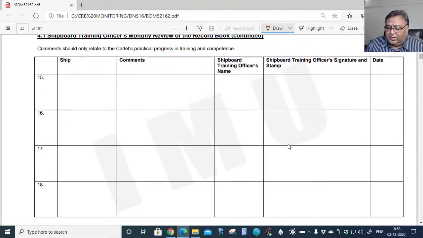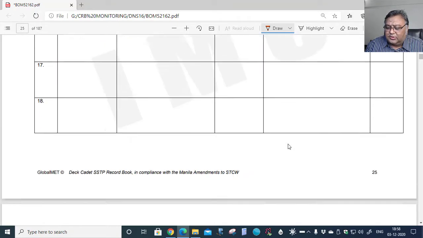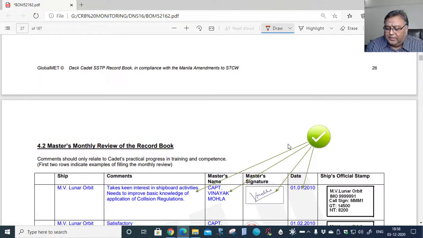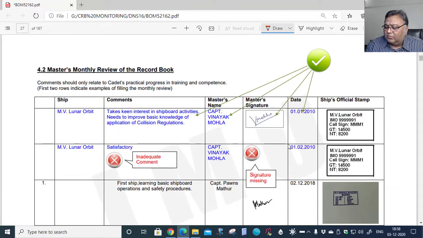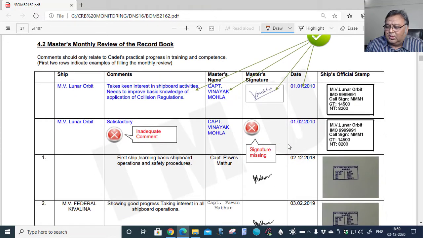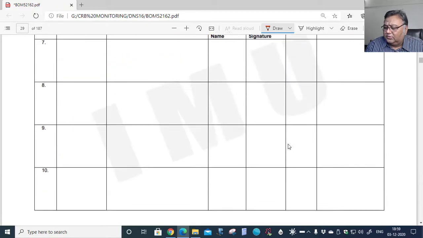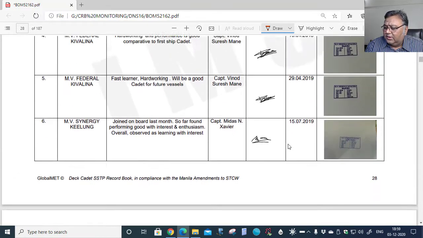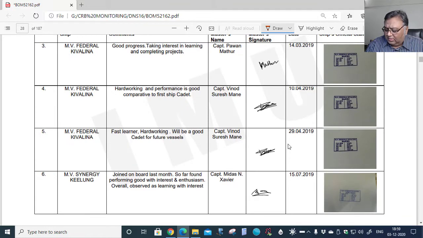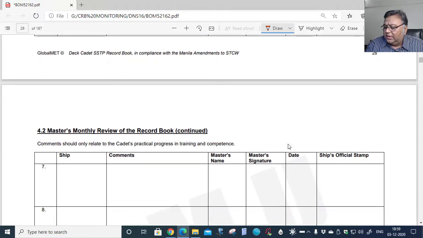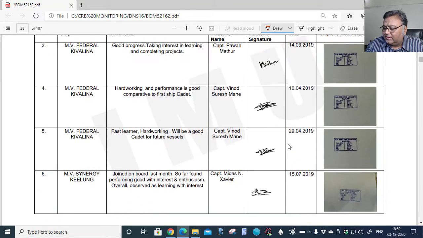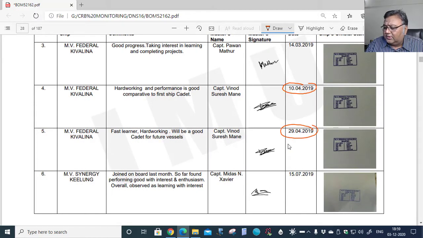Now we come to the next section. This is 4.2. 4.2 is about master's monthly review. Well, he has taken master's monthly review also on a monthly basis, which we can check here. All right, July, okay, here some entries are missing, like say this is April, this is again April, and this is July.